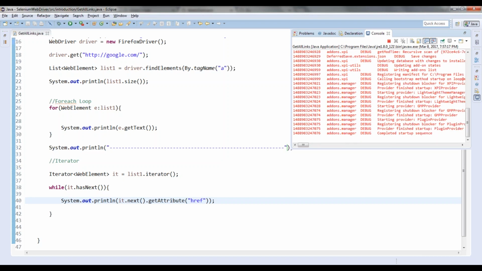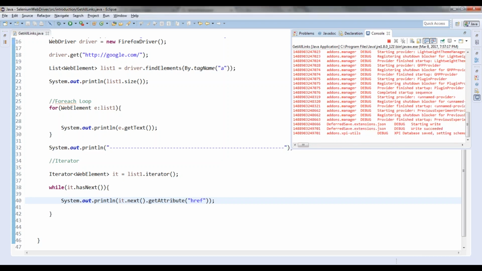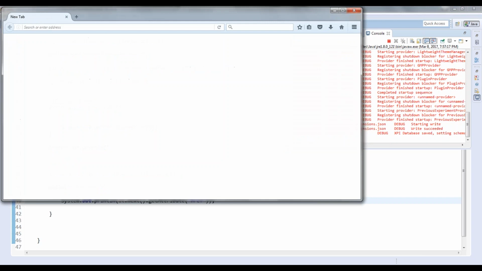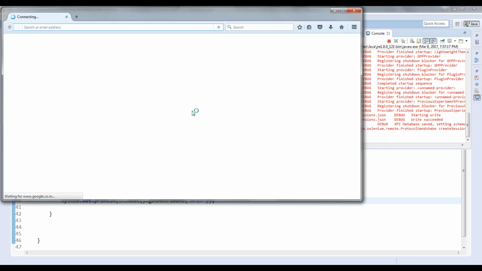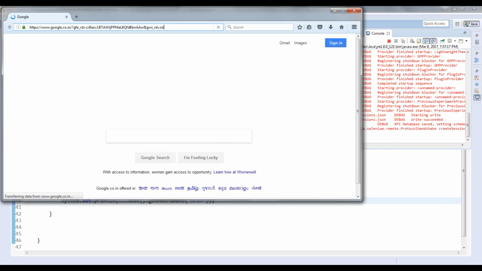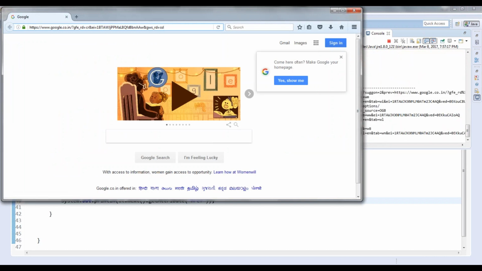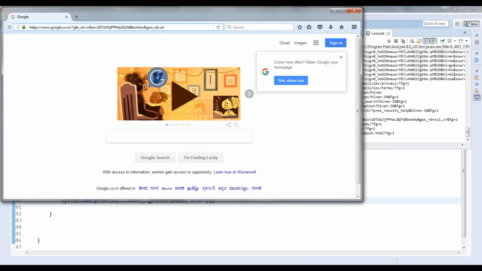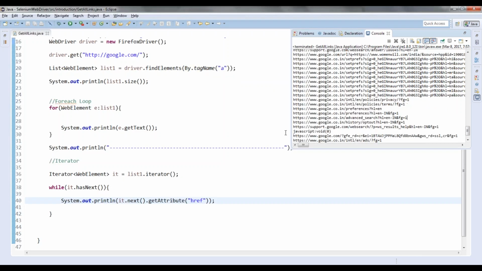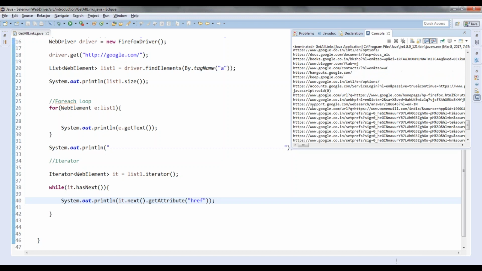It is going to initialize a new WebDriver, a new Firefox driver instance, and then it will get all the links, and you can see it is giving me all the href attributes, HTTPS and other things. Whatever href attributes are there, it is giving me there.